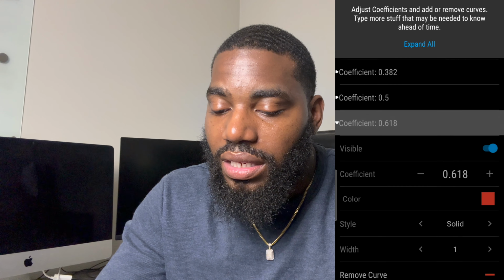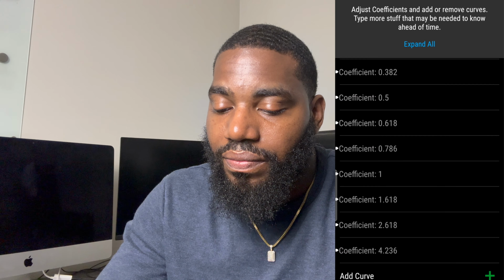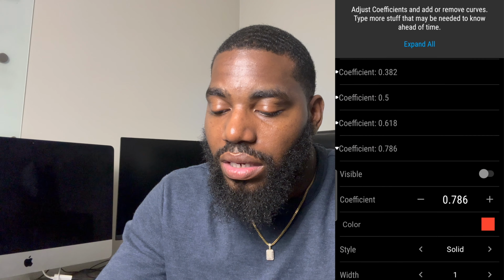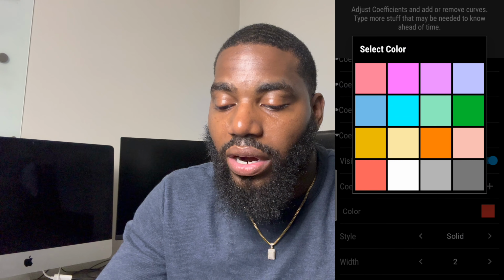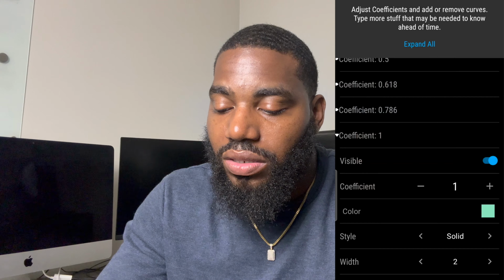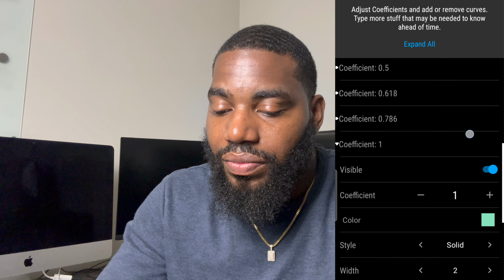Close that up. 0.1661, we're going to turn that off. We're going to turn that off as well. 1 we're going to keep on. This is going to be our entry line right here. Let's go ahead and turn that to 2. Make sure